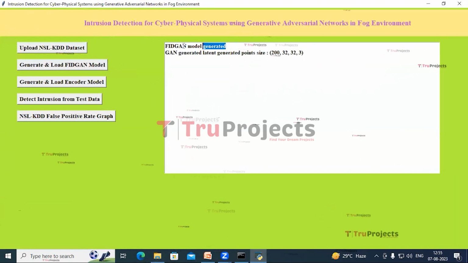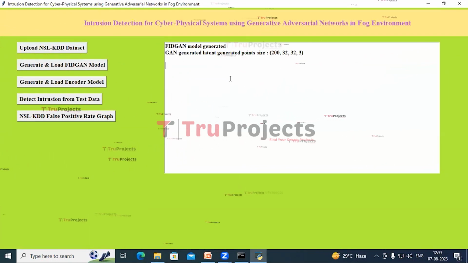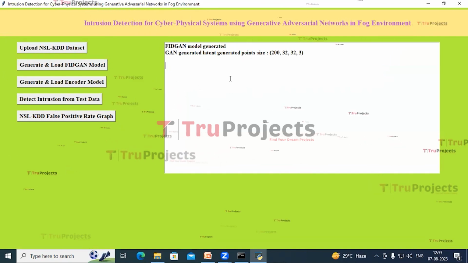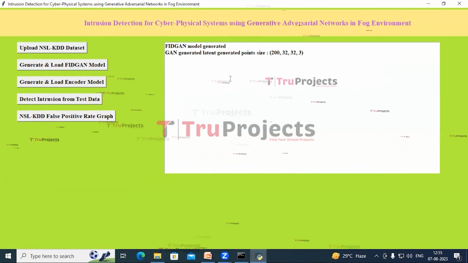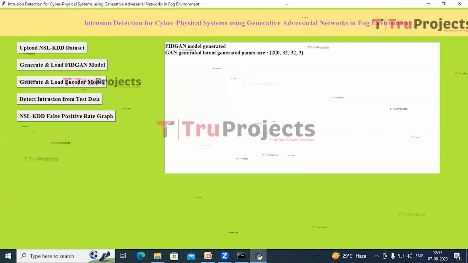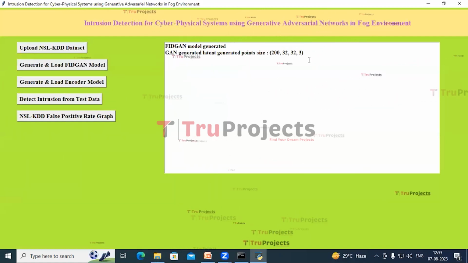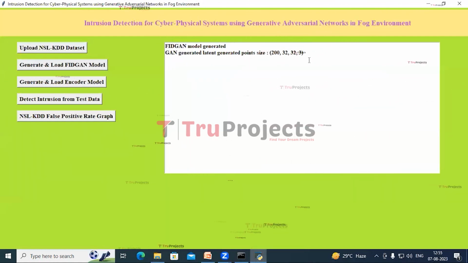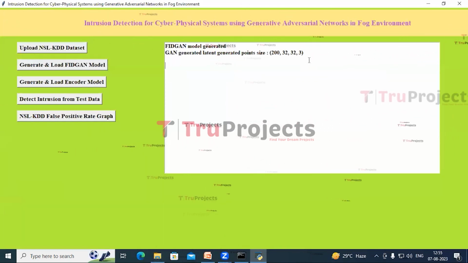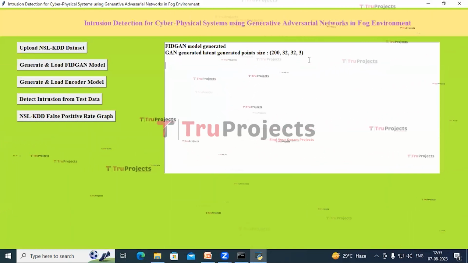So it confirmed that the model is generated, and here we can see GAN generated latent generated point size 200, 32, 32 and 3, which describes that the GAN has produced a collection of 200 synthetic data points, each represented as a 32 by 32 pixel image. That means 32 height or number of rows and 32 width or number of columns with 3 color